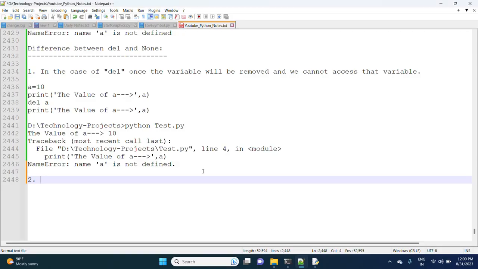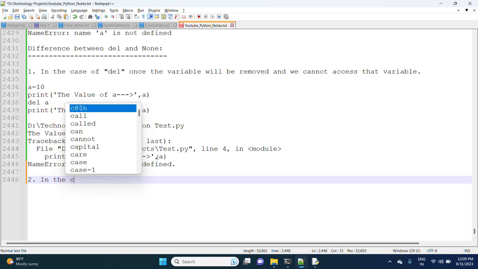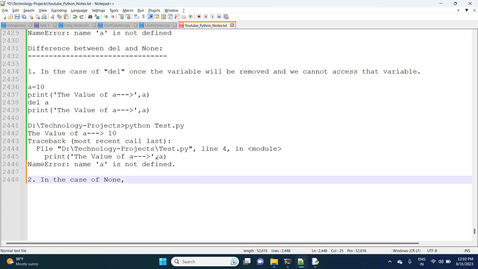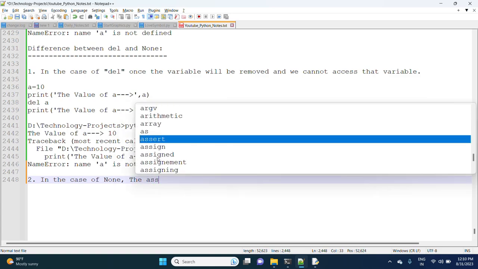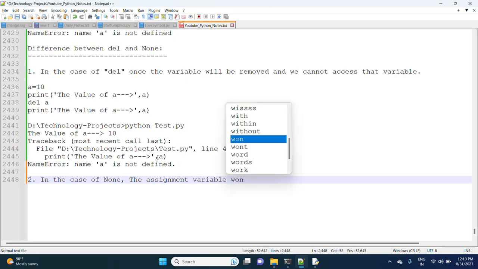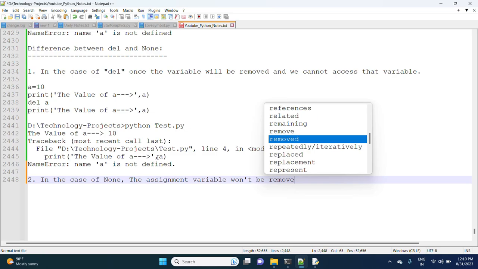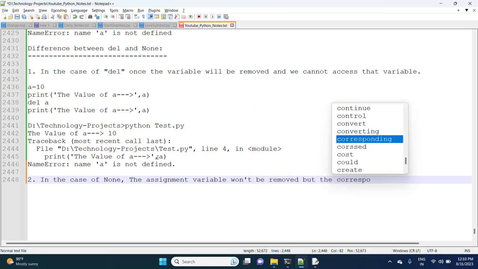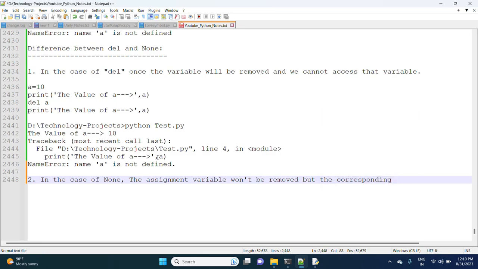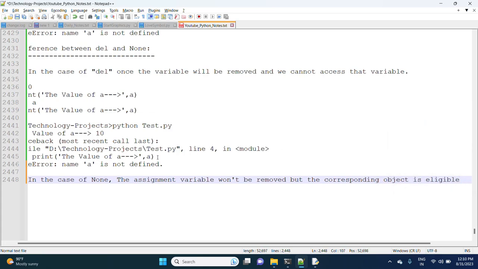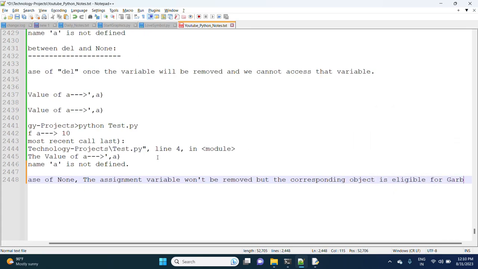See here, in the case of none, the assignment variable won't be removed, but the corresponding object is eligible for garbage collection.